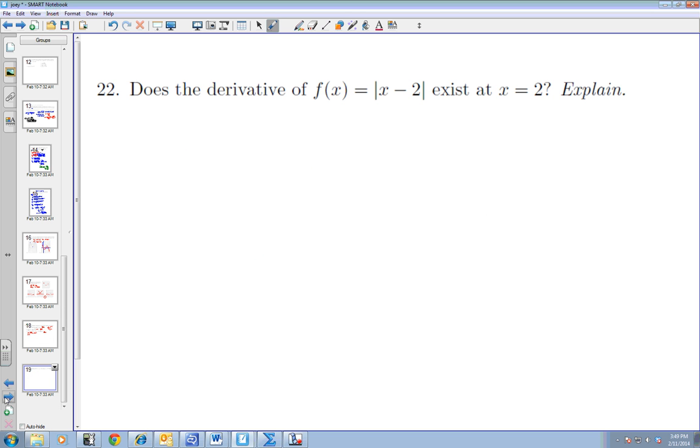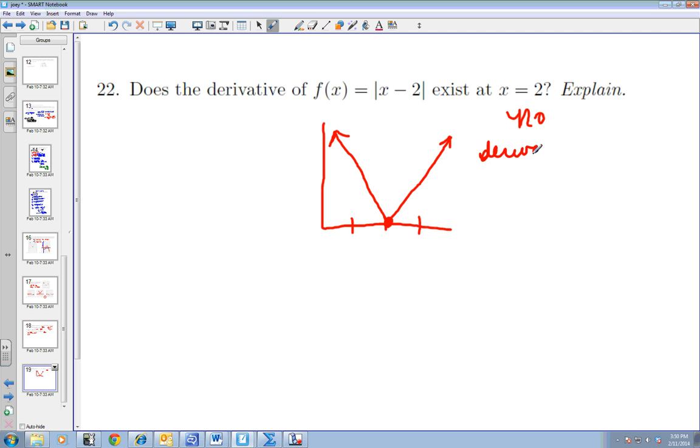And then 22, does the derivative of f of x equals the absolute value of x minus 2 exist at x equals 2? Explain. Here's what that graph looks like. Okay, the rule is the derivative does not exist at any sharp turn, or sometimes they call it a cusp. So this is no, okay, because the derivative